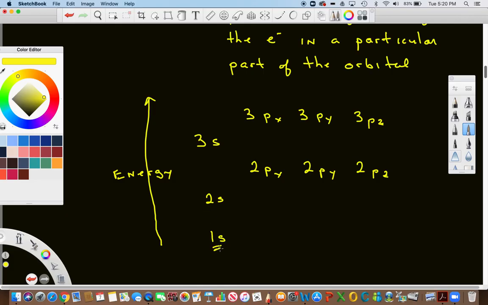From the lowest energy, 1s. Next highest energy is 2s. Then we have our 2p's. And if you remember right, there was 2px, 2py, and 2pz. Then there's the 3s, 3px, 3py, 3pz. In energy, then of course it'd go up to 4s, etc. So remember that the s's can hold a maximum of 2 electrons. So the p's, each one of these can hold 2 for a total of 6 electrons, etc.